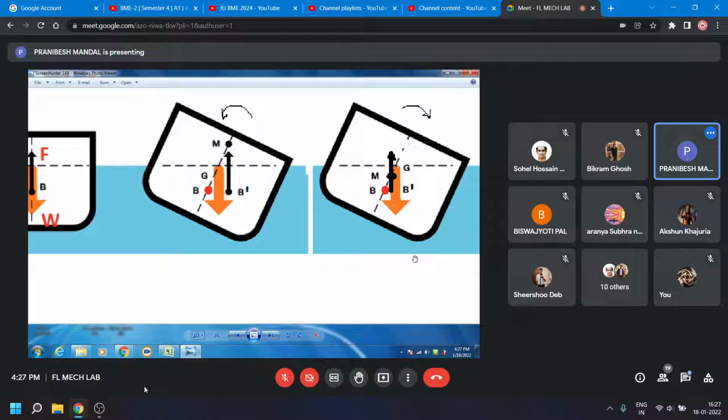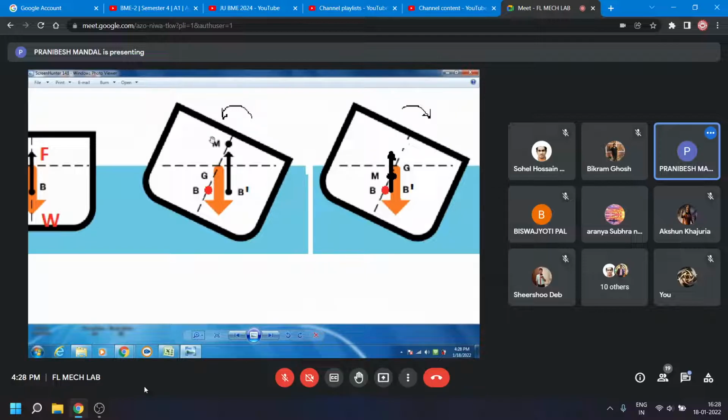Now tell me, which moment is better for you guys and which moment is better for the crocodile? The middle one, sir, is better for us. Exactly. Because sir, that will be a stable equilibrium. Yes, because this will actually tend to stabilize the